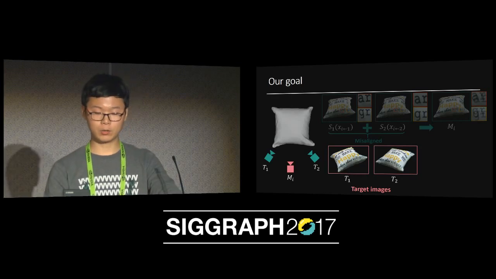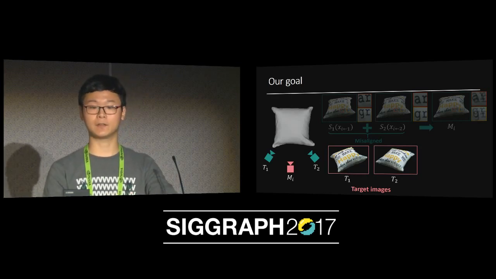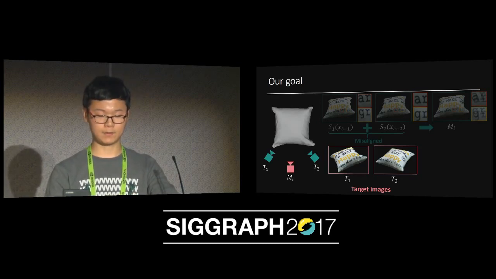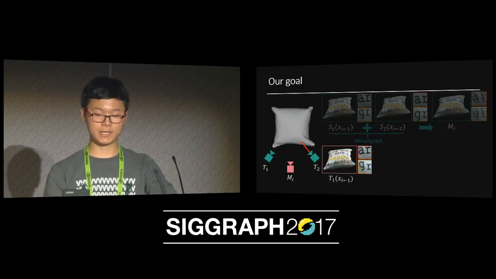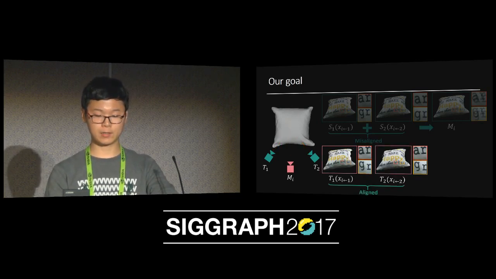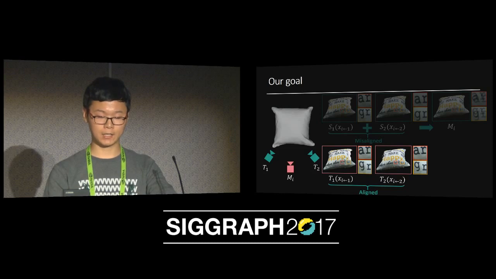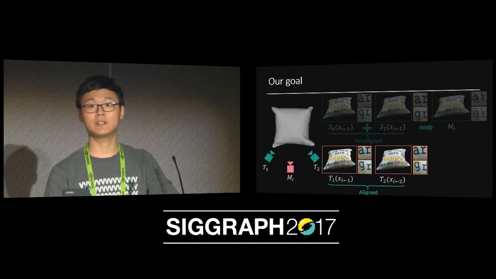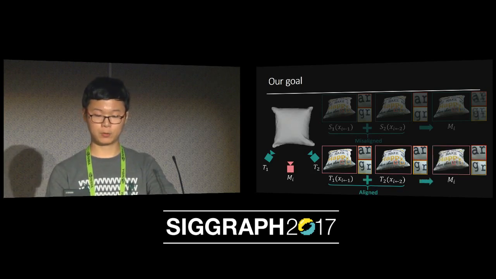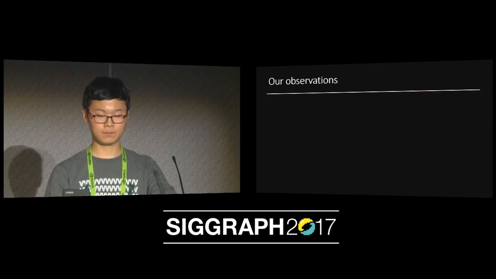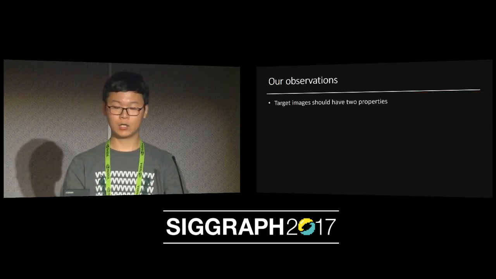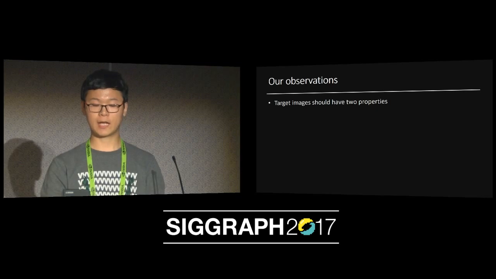To reconstruct each target image, we keep the overall view appearance of the source image, but move its content to correct the misalignment. In this case, if we project T1 and T2 onto the geometry, these two images will be aligned. Note the difference in positions of GR and AR in the source and target images. So in this case, since the projected images are aligned, we are able to produce a ghost-free high-quality texture map by simply blending them. Our main observation is that to produce a high-quality texture map, the target image should have